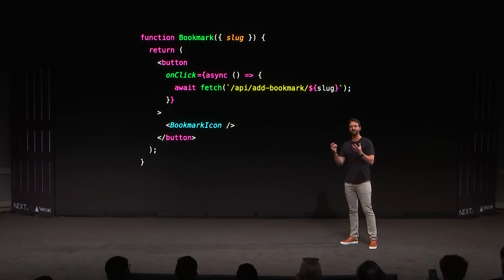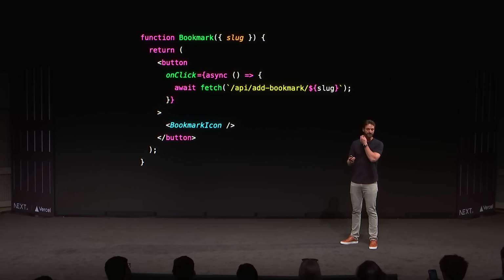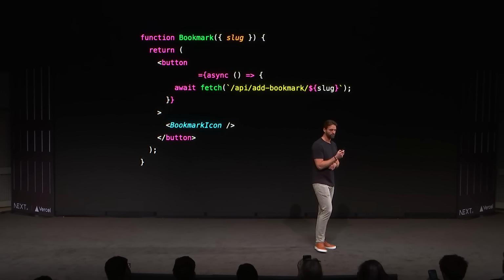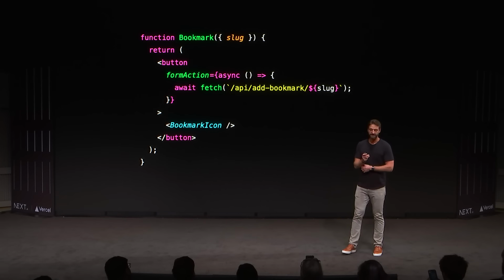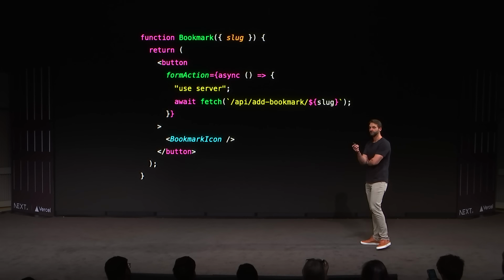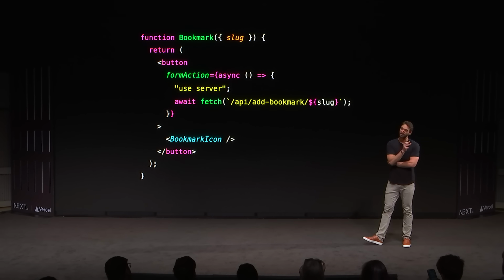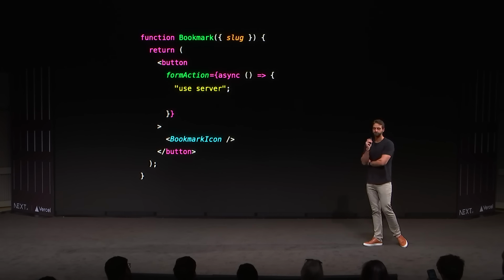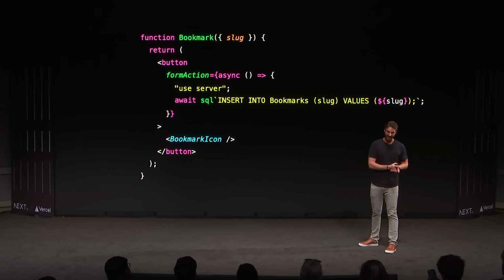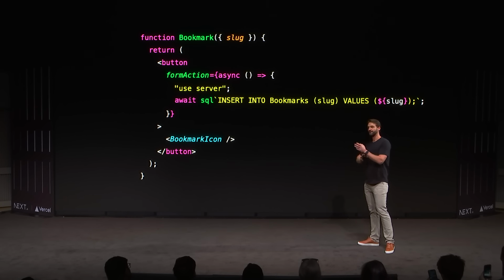And this is where server actions come in. So if we come here and look at our bookmark, all we need to do is change onClick to form action. And then right here in the action, we can use the server directive, which tells React and tells Next to run this code on the server. And that means instead of calling an API endpoint, we can replace this with the code that was in our API endpoint. It has, again, a direct handle to the database, and it goes ahead and runs that code to